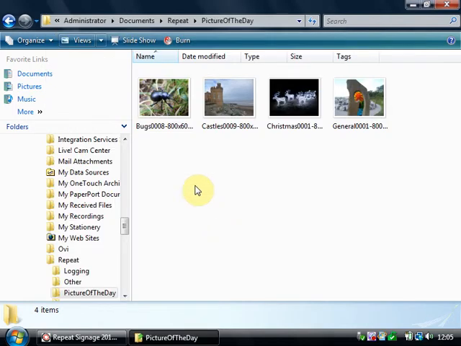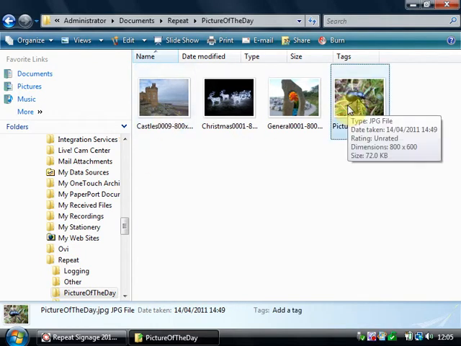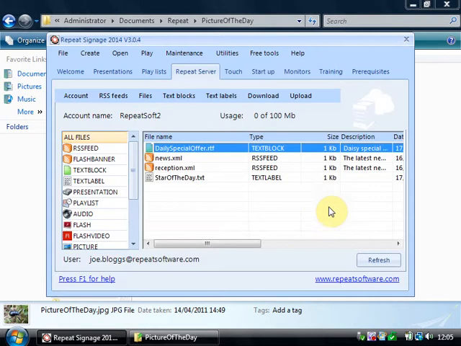So for a start, I've got 4 random pictures here that I've taken from our samples, and all I'm going to do is rename the first one to picture of the day. And then I'm going to upload this picture and put it into one of the presentations. So from Repeat Signage and our Repeat Server tab, I'm going to click on Upload Files,